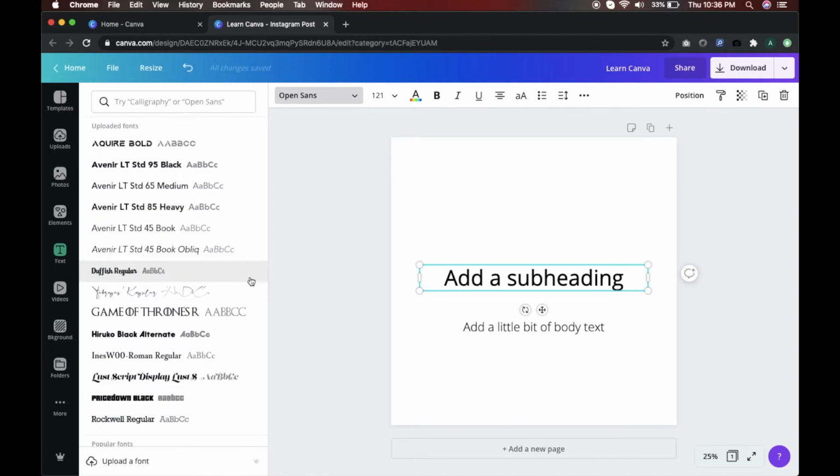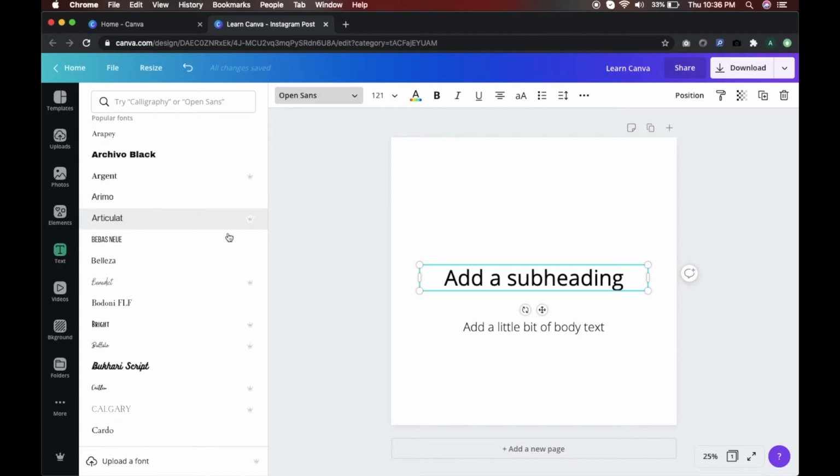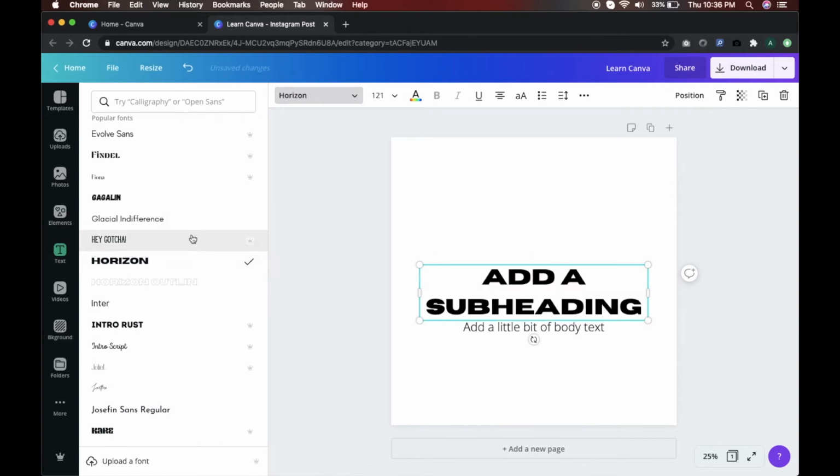So the free user is going to get very few of them, and all the good fonts and premium fonts are only available to the pro users. And that is why I highly recommend anyone who uses Canva to use a pro account. So any of the fonts you choose from there will be applied to the selected text that you have chosen. So if I have this as my selection and I'm changing the font, it will be changed as required.